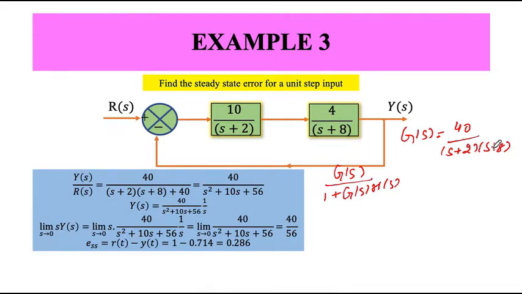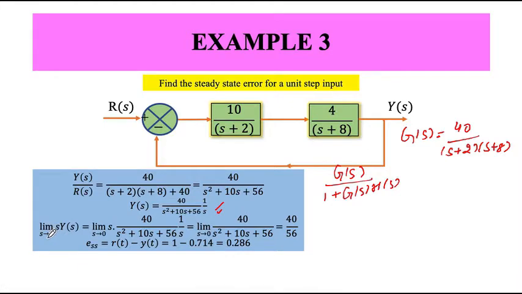Okay, I compute over here and I will get this value. Now this is my transfer function. Then I would compute this with the help of the final value theorem. I'm not really interested in finding the entire signal with time, but I'm only interested in finding the steady state error.